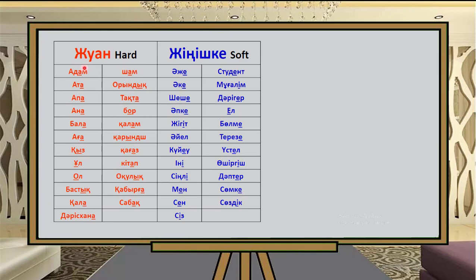Here I have differentiated the words into two parts. The words which have hard sound are called the zhuan words. It means the words which contain the zhuan letters or hard letters, especially at the last part of the word, are called the zhuan words, and the words which contain the soft letters, especially at the last part, are called the soft letters or zhenishke